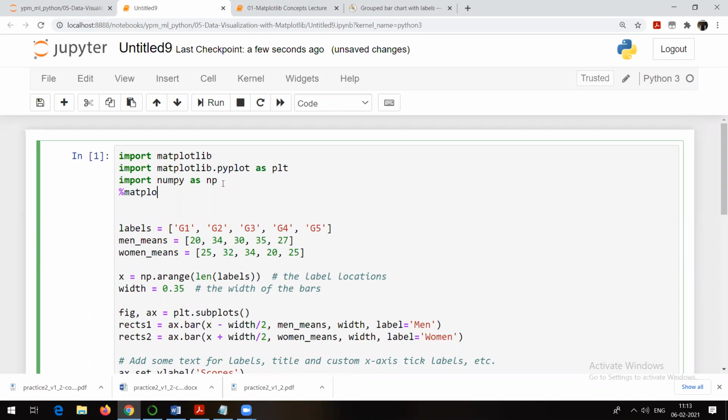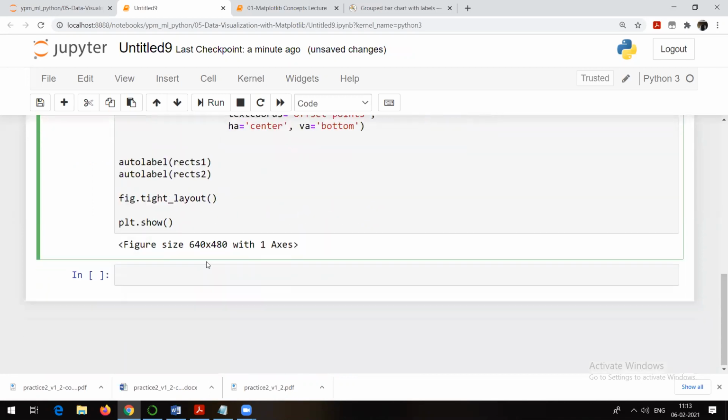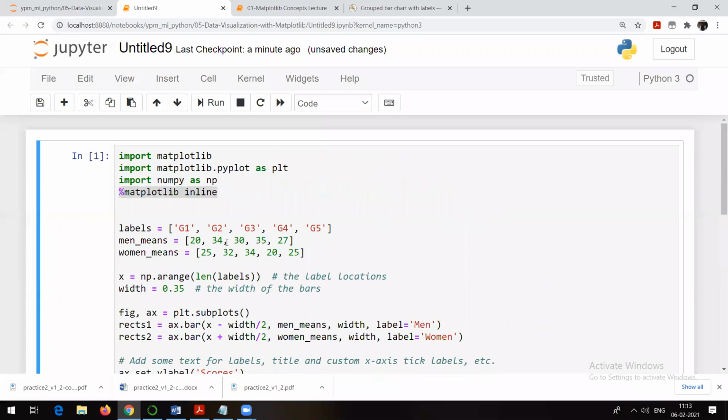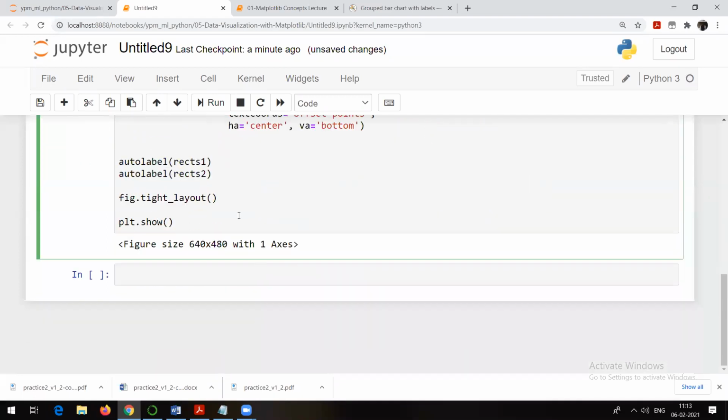Percentage matplotlib inline. I will tell you why we make use of this particular line. This line is called a magic line. It is used only in Jupyter. If you are using another notebook or some IDE for Python programming, there is no need to write this line. Jupyter sometimes might not be able to show you the graphs for some sizes, and that's why we tell it to just plot the graph inline with whatever is available. I will run it once again.